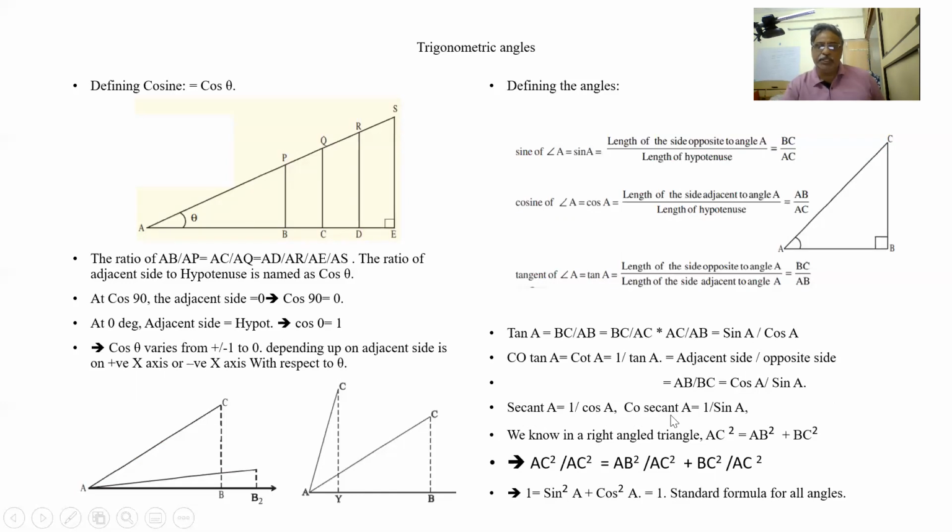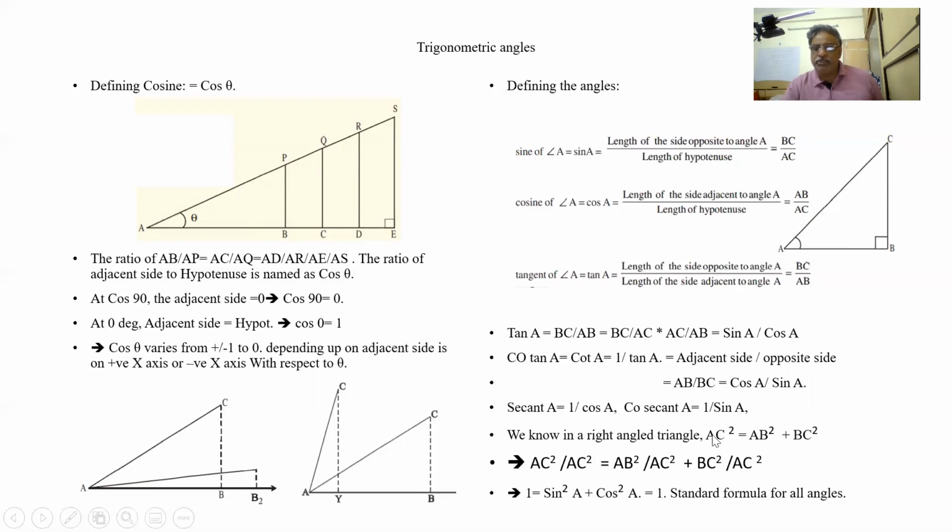Cosecant here is 1 by sine. Sine is opposite side by hypotenuse, so cosecant is hypotenuse by opposite. So we know in a right angle triangle, AC square is equal to BC square plus